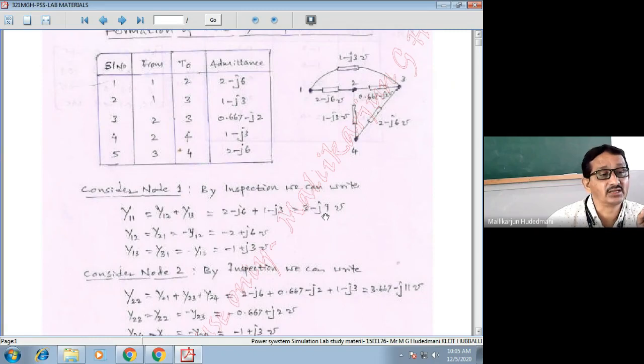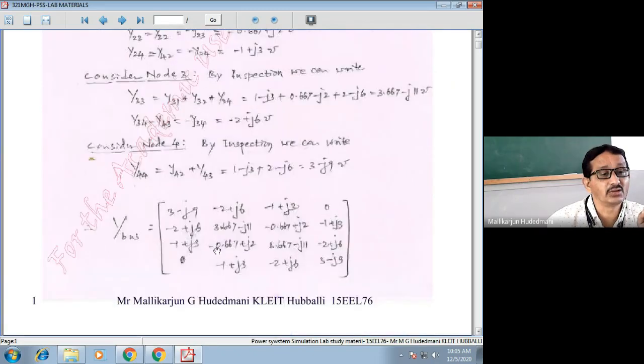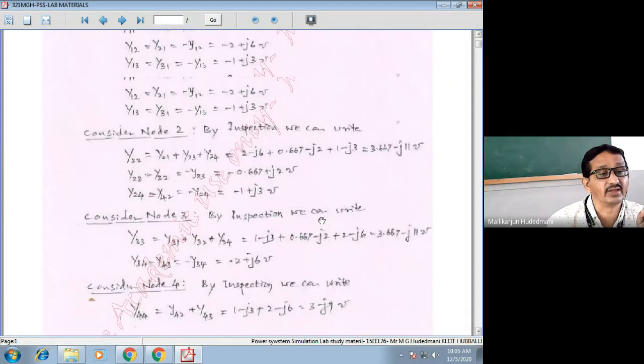Similarly, in the first row, I have several elements. I could get this element. What about the first row, second column, first row, third column, and first row, fourth column? In the first row, I am trying to convey